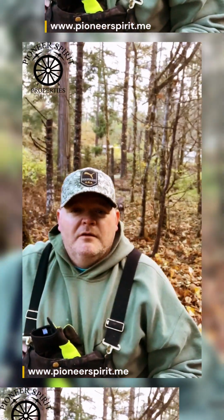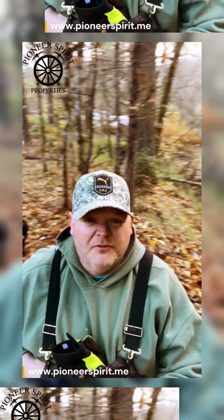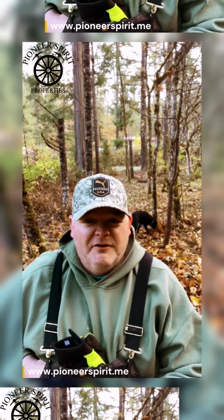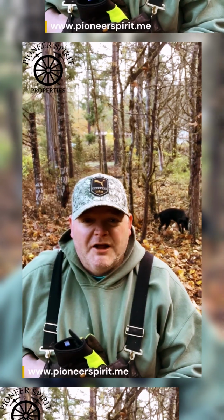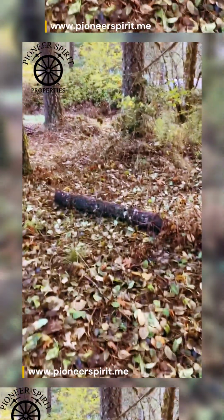So behind me here, and I'll flip the camera around, you've kind of got this thinned out trail. It runs alongside the creek here. This property hadn't really been maintained for 20 years or so, so there's just a lot of deadfall, a lot of fuel on the ground, a lot of cleanup. But we thinned it out, made it a nice little walking path alongside the creek here, and maybe one day before the kids are too old to care, put a nice little tree house or platform alongside the creek. We've owned it for about 3 years now, and I wish I would have started documenting it like this earlier,